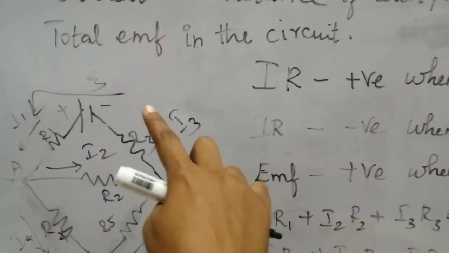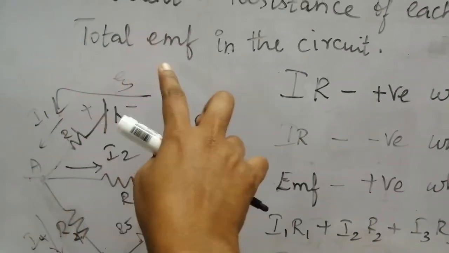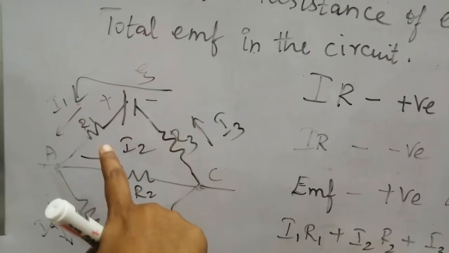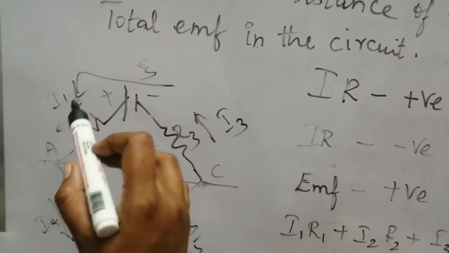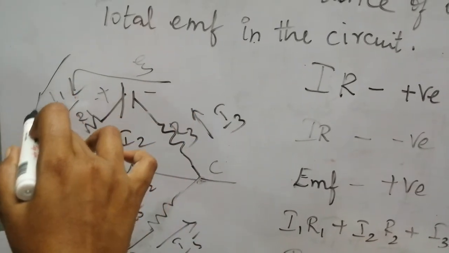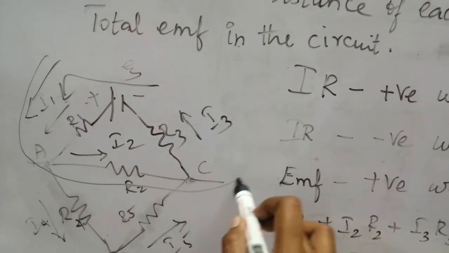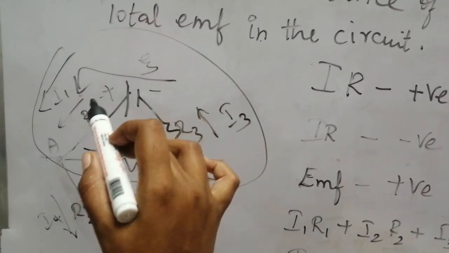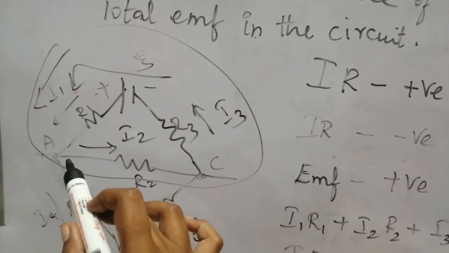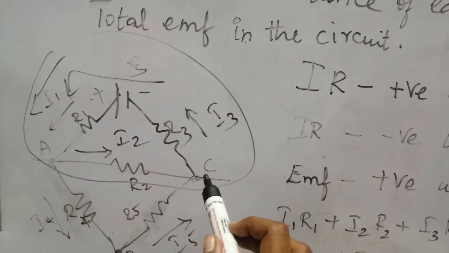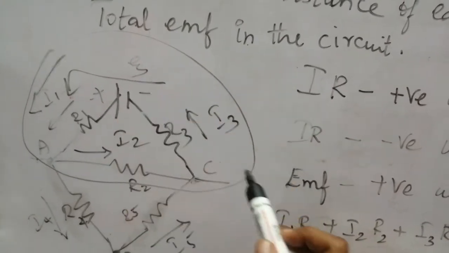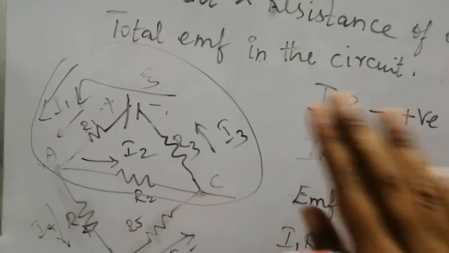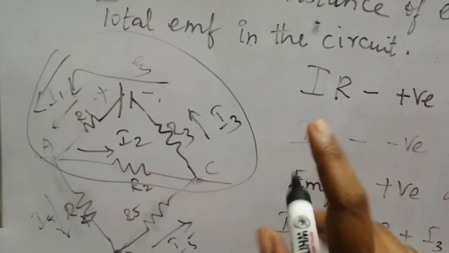So EMF is also from negative terminal to positive terminal. So EMF is taken as positive, and the current in the resistance R1 is I1. And see, this direction I'm taking as the one direction, and this direction is the same for the loop. If I start from this point, I just move on in one direction, and in the same direction the current is flowing, and in the same direction it is moving out of the point and ending at the negative terminal. So in all these cases the current direction is the same, so all the values will be positive.